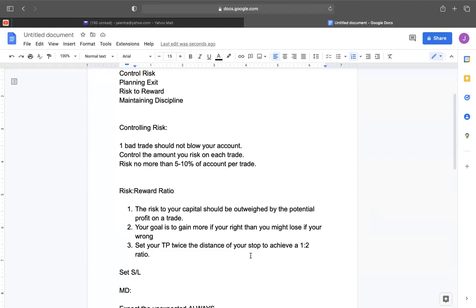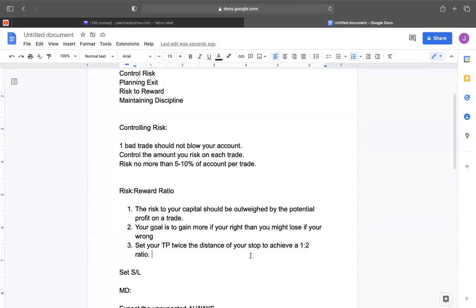So if you bought Apple at $100, this is key, I do this all the time, right? If you bought Apple at $100 per contract, I'm already set. You can do this on Thinkorswim, Robinhood, whatever. You can already set your limit sell for 1.50, right? That's half of the distance, so you can at least get a 1 to 2 risk to reward ratio. I do this all the time, right?